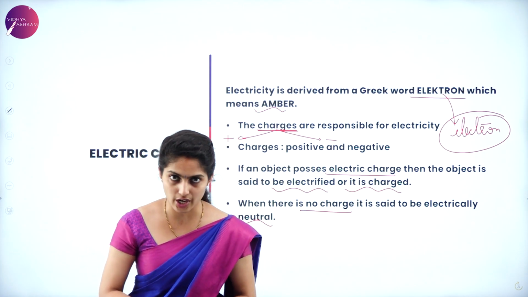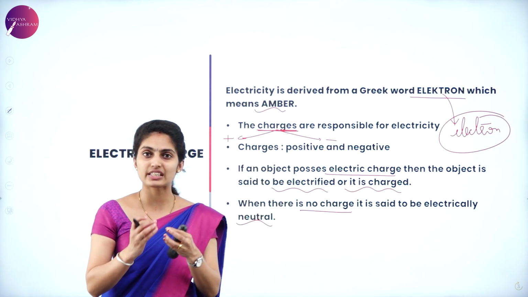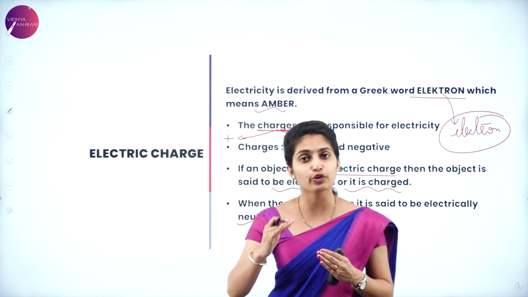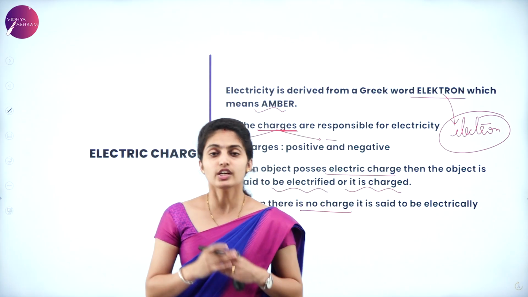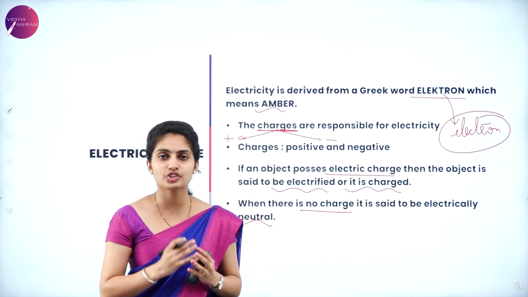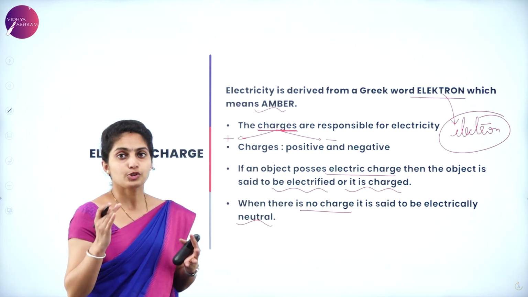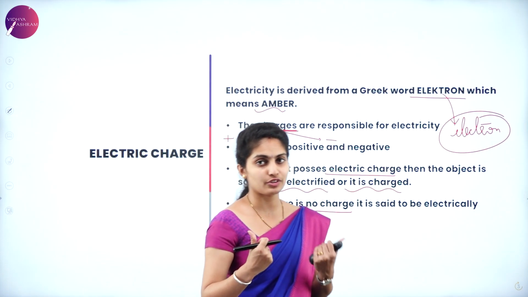Okay, so now this is all about the introductory part wherein you will have to know, and it will be very useful for your further chapters in this second PUC. So you will have to mainly concentrate on the basic concepts of certain chapters. Here we are studying about electric charge, wherein I had told you there is positive, negative as well as neutral.